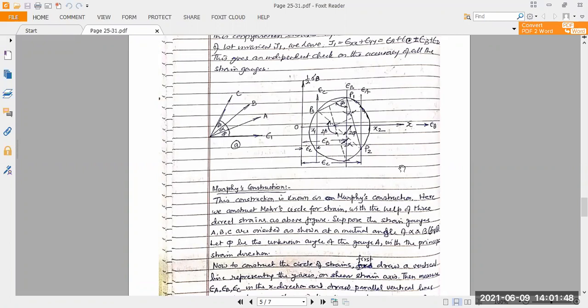Now to construct the circle of strain, first draw a vertical line here, and a horizontal line along OX, and that is along OY as well as gamma XY, the shear strain axis. Then measure first of all epsilon A, epsilon B, and epsilon C. Measure the strain here at A, at B, and at C. Then plot this value of A,